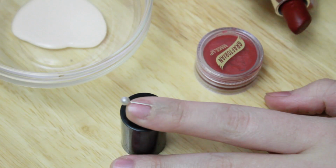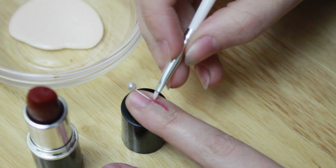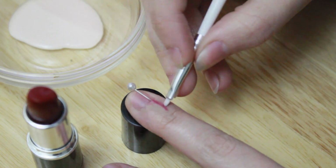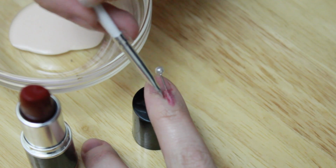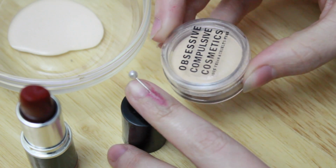Next, there are 2 different things you can use. You can use a professional cream makeup, or you can use a lipstick. I'm going to be using a lipstick just because I want to demonstrate that you don't necessarily need expensive equipment. And I'm going to be using a small nail art brush just to surround the edges where the pin would